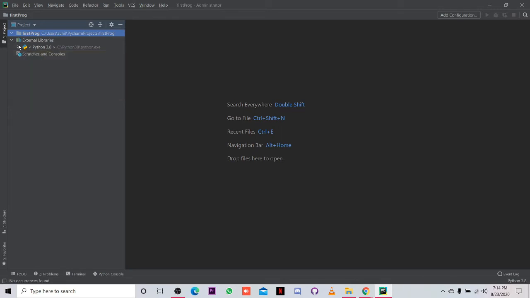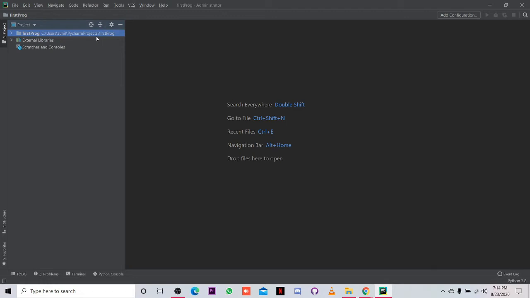So I will be starting from a new file. In my first prog, which is my folder, located in users, my name or whatever name you have given in your user, PyCharm projects, first prog. Whatever programming projects you are going to make, they will be stored over here.